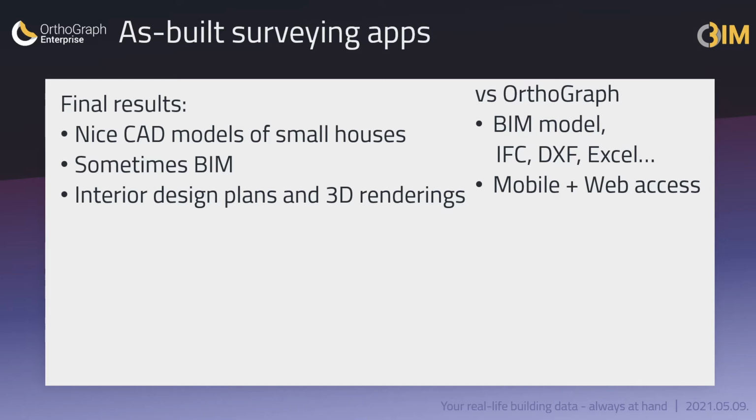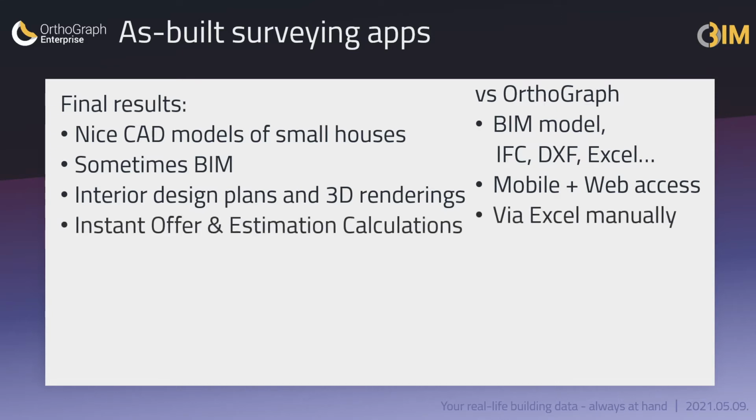In the case of Orthograph, these also exist, but the models used in Orthograph are focusing on understandability and clear management of large areas and large amounts of assets. A pro for some of the apps is instant estimation calculation out of the app right on site. For family houses, this is a good enough calculation for giving an offer, but in the case of Orthograph, the detailed Excel file that, for example, contains the condition of each asset or room provides a much more detailed source of offer calculation. This is essential in an enterprise environment.